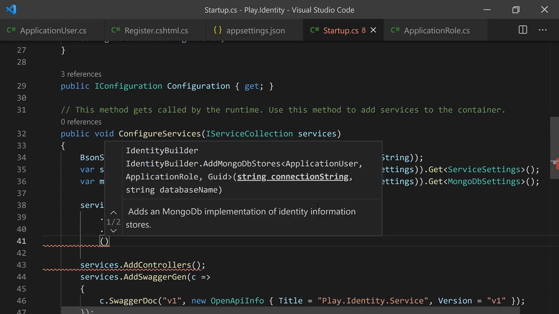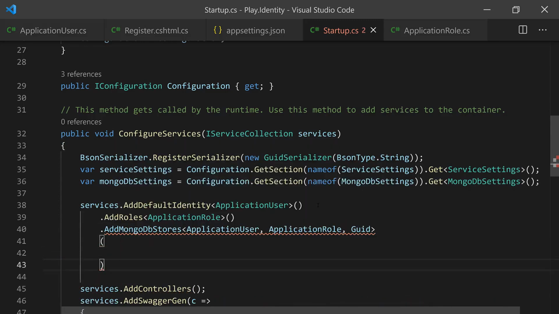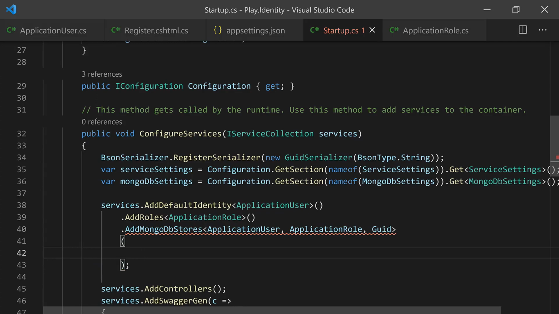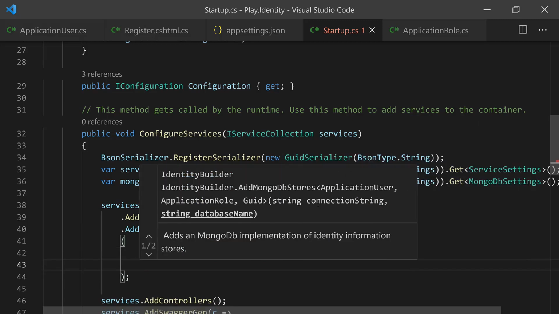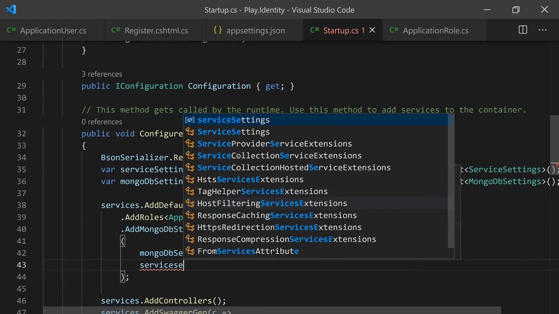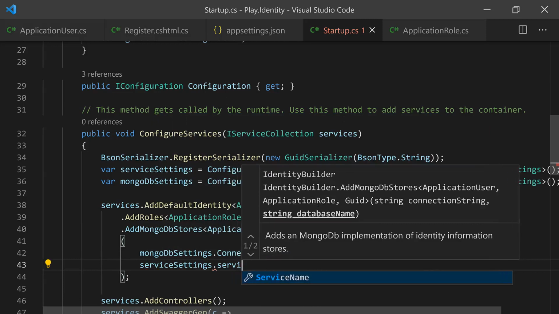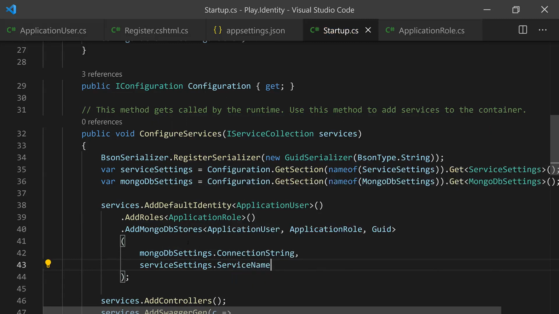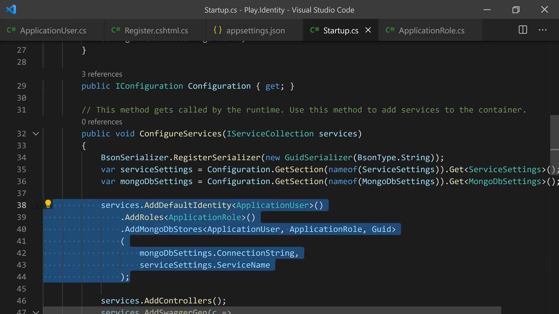Okay, let's open a constructor here. And here we have to specify two parameters, which are going to be the connection string to MongoDB and the name of the database. So for the connection string, we can say now MongoDB settings dot connection string, and for the database we can say service settings dot service name. Okay, so with these few lines, we have configured ASP.NET Core identity and we have connected it to our MongoDB